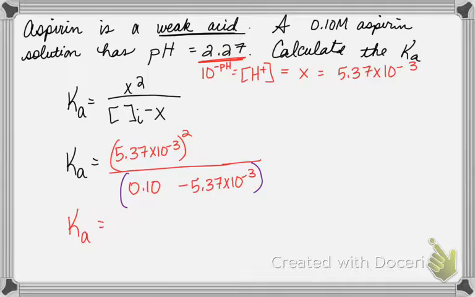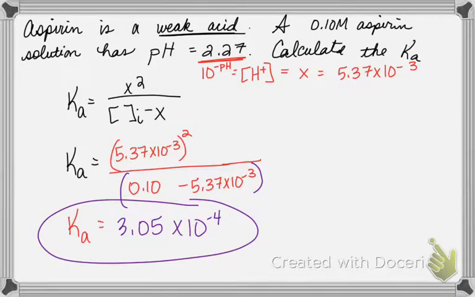And I get that the Ka is around 3.05 times 10 to the minus 4. And I didn't ask this earlier, but what are the units of Ka? If you'll remember, equilibrium constants do not have units. Okay? And so that is sample problem